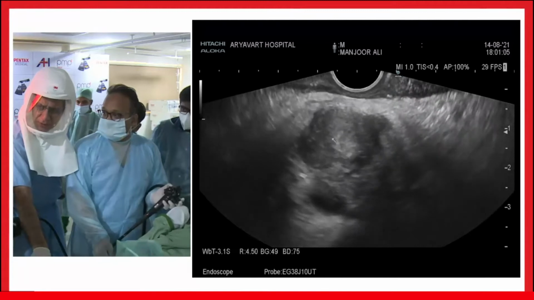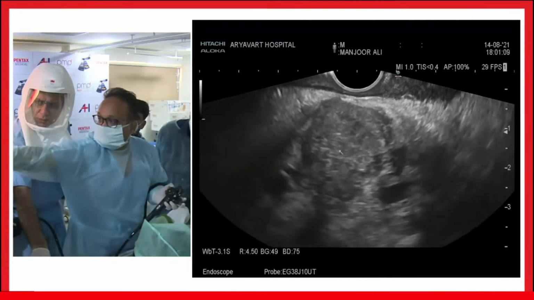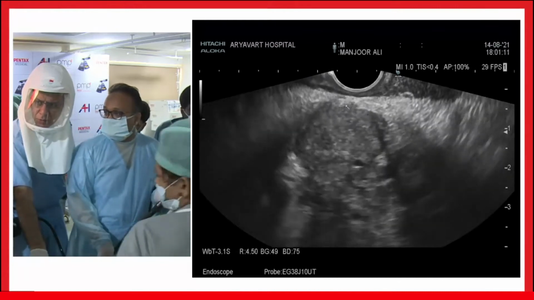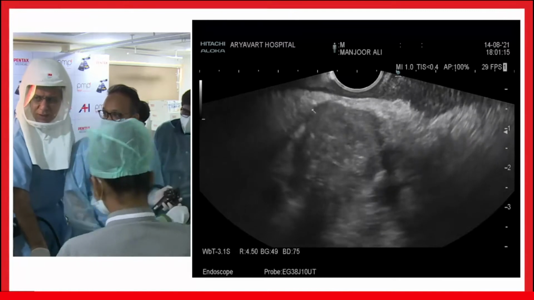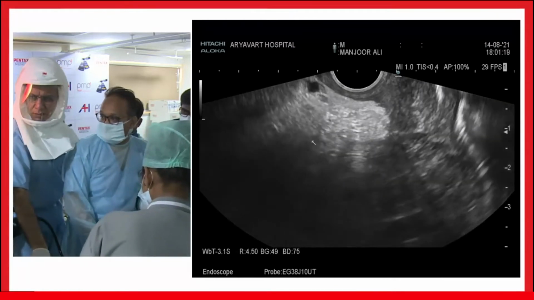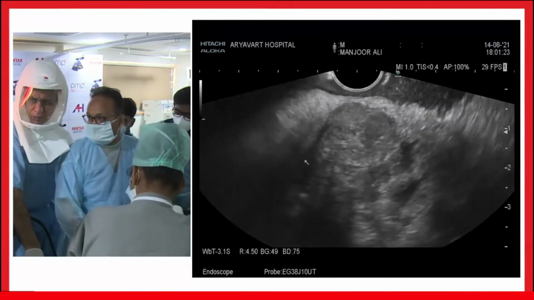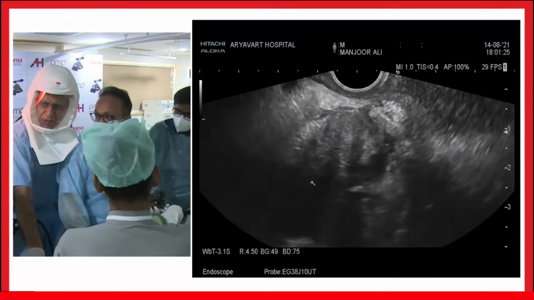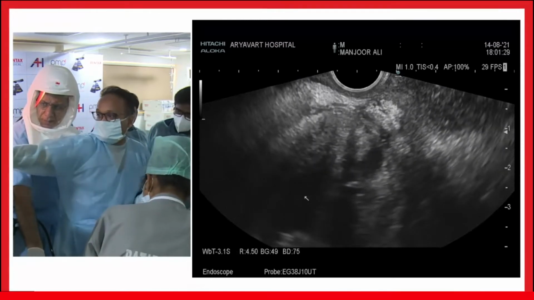Yeah. But this is converting into a mass. And this is now the full blown mass. You can see some periphery of duct around the mass. Yes. This is the periphery of duct. So that is why you are saying that this is an intraductal mass. Exactly. And as I trace more anti-clockwise towards the body area, it is dilated even more. So this mass is extending into the body area. Yes, and the PD is almost twice the size in the body as compared to the head.